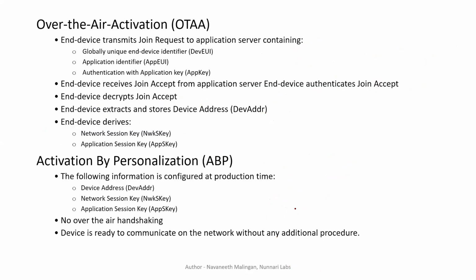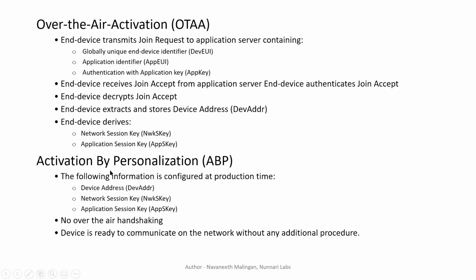You can see over there authentication. The device transmits a join request to the application server containing the device UI and the app UI. So it doesn't send the network session key and device address and all. The app UI you send in, and the app key you send in. Once you send the join, the server accepts the join and decrypts the join request, and finally for the end device it creates the device address, network session key, and app session key. Three things will be created and sent as a downlink for joining.